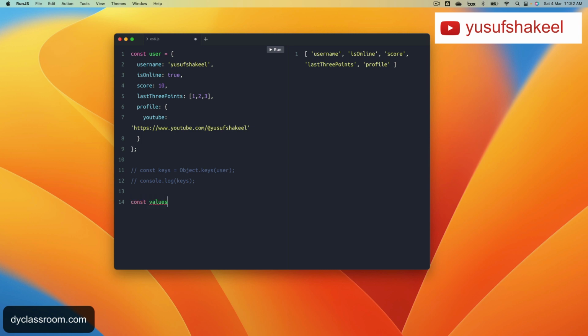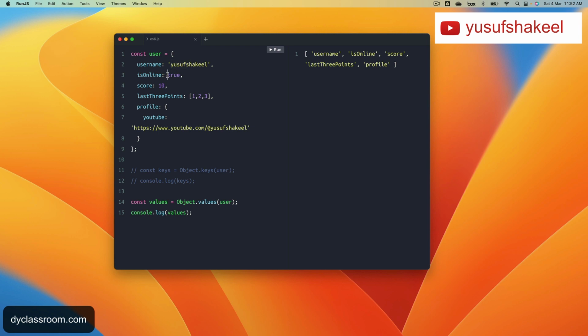Const values is equal to object.values user, and we can console log values. So if we run this code, we'll get an array of values, and the values would be